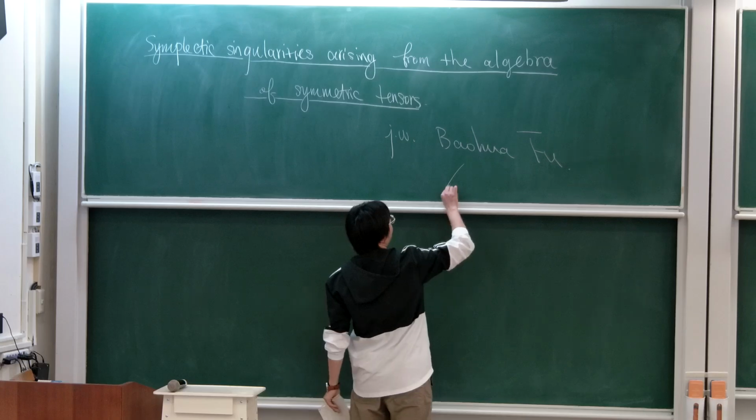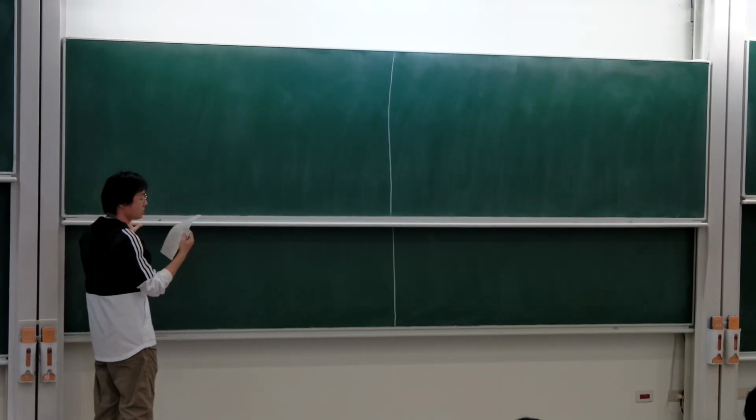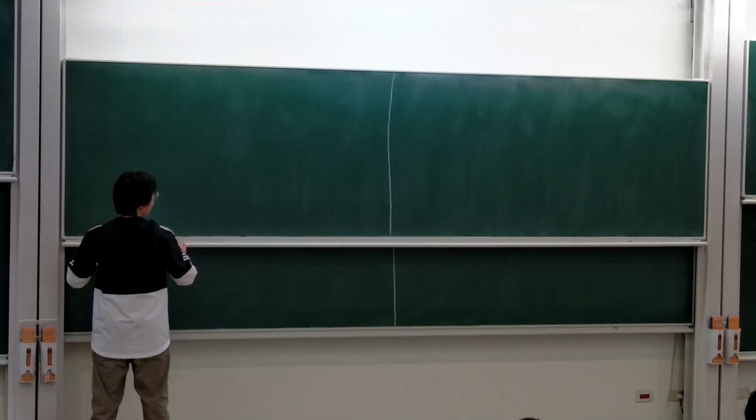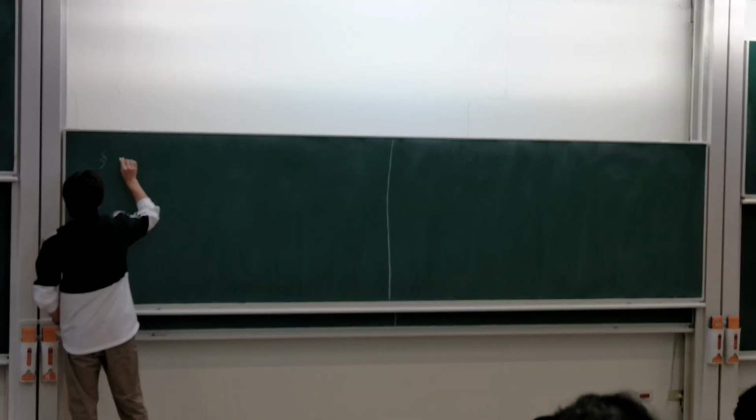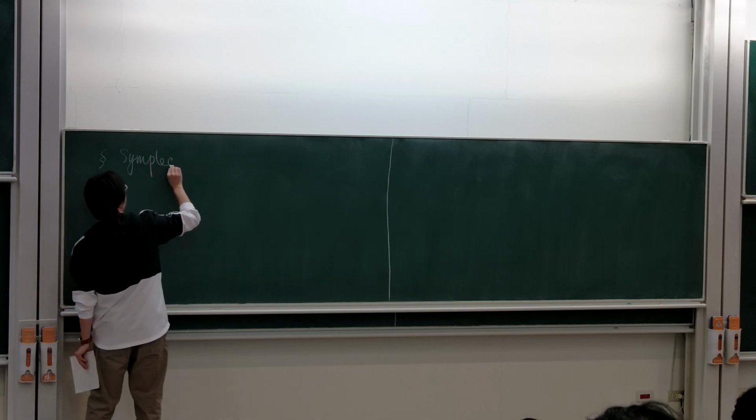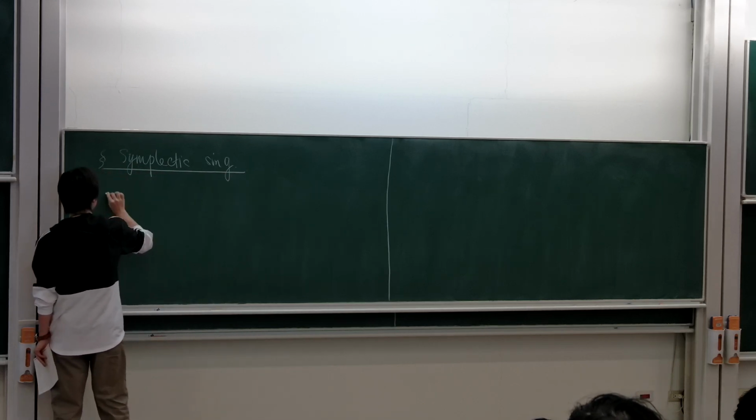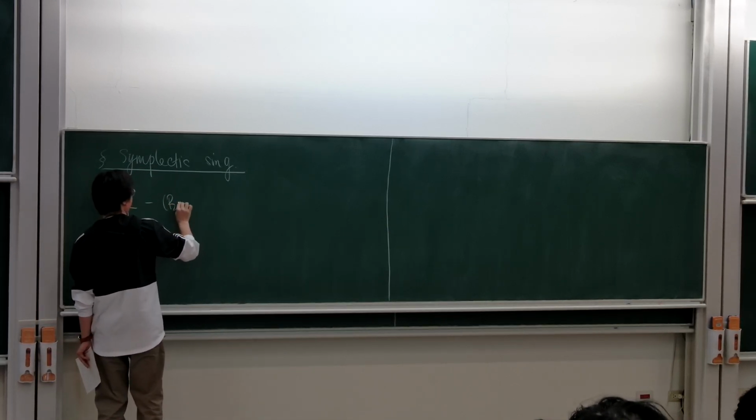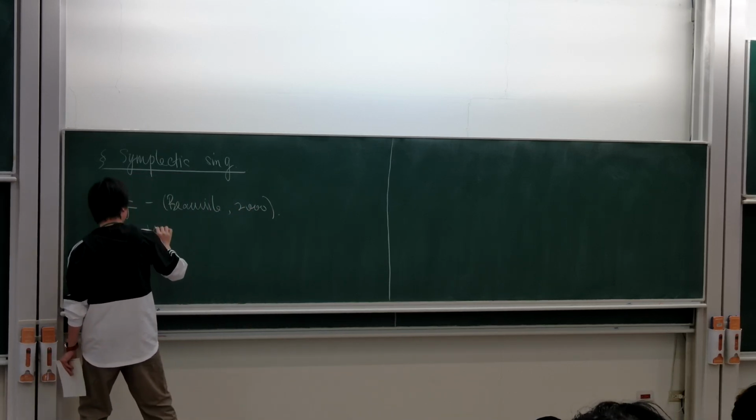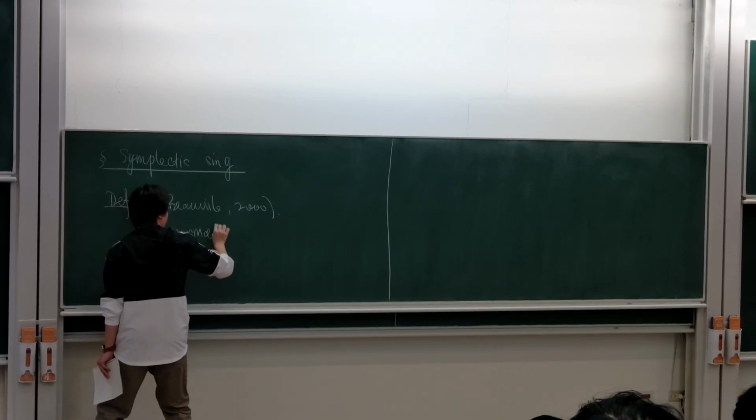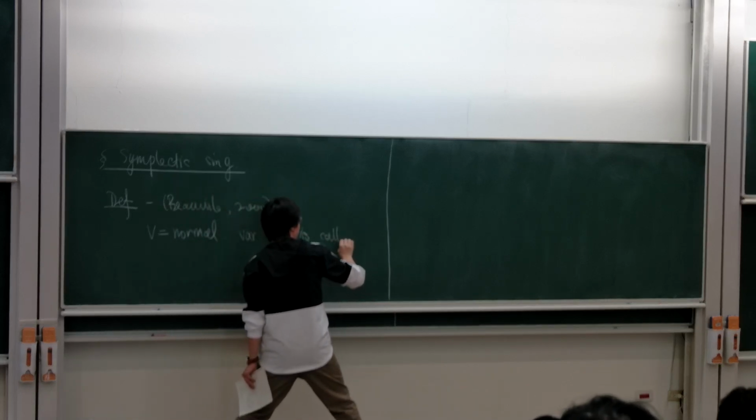So for my talk, I will always work over the complex numbers. Let me start with the basic definitions of symplectic singularities, which should be well known for experts. This notion was introduced by Beauville around 2000. So we start with some normal variety V. V is called symplectic, or has symplectic singularity,